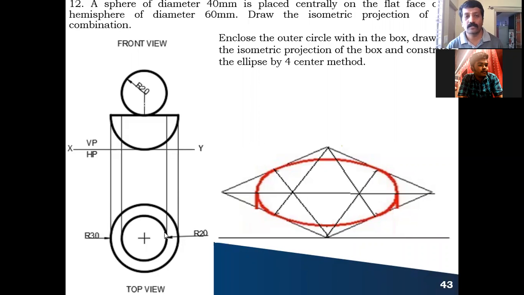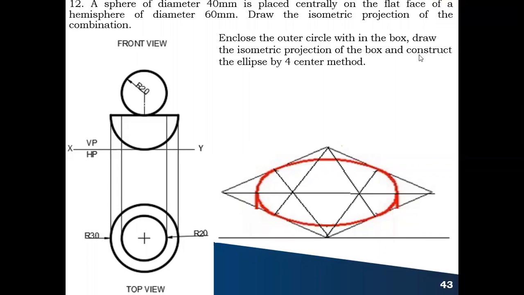So after this, you take the box. It's a square box. You take any one of the side dimensions and convert that into isometric scale. Cut on either side of your 30-degree line. After cutting, from these two points you can draw a 30-degree line in this direction and a 30-degree line in this direction, so that wherever these two intersection points meet, you call this one more corner. So the outer box, you have drawn the isometric projection.